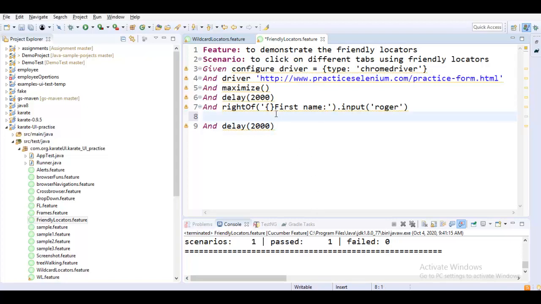I would say it is present in the label and 7 is the value, dot click. This time it should click the radio button.